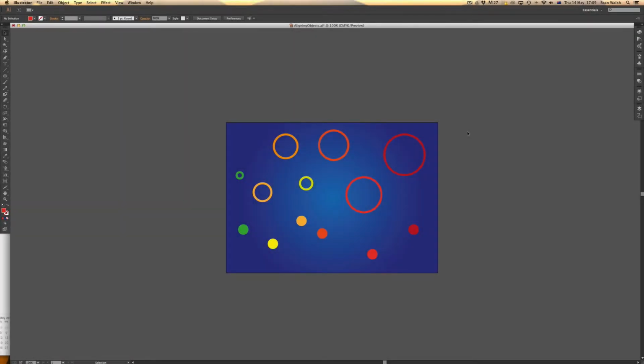And today we're going to be looking at Illustrator, and in particular we'll be looking at how you can distribute objects between one another and also to the artboard, and how you can also align them to one another and also the artboard. So to start off with, I'm going to come across and select these objects at the bottom